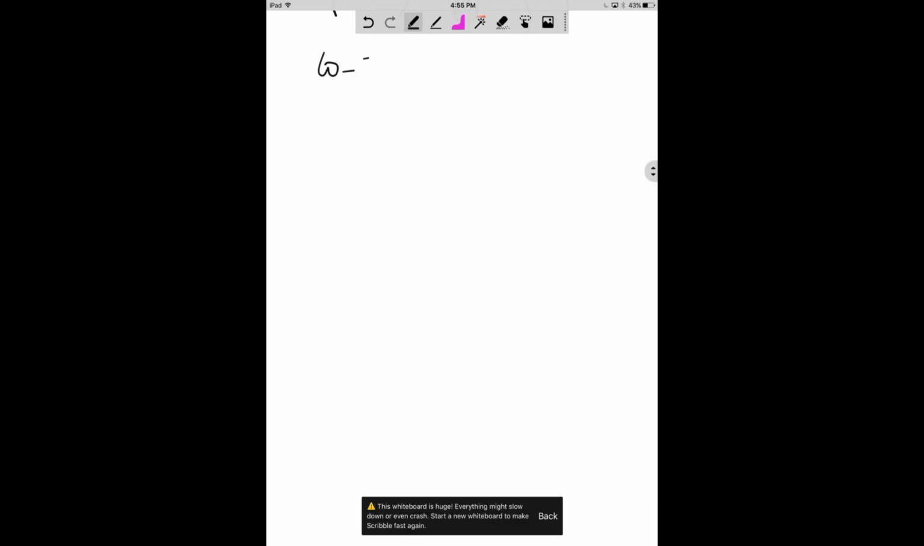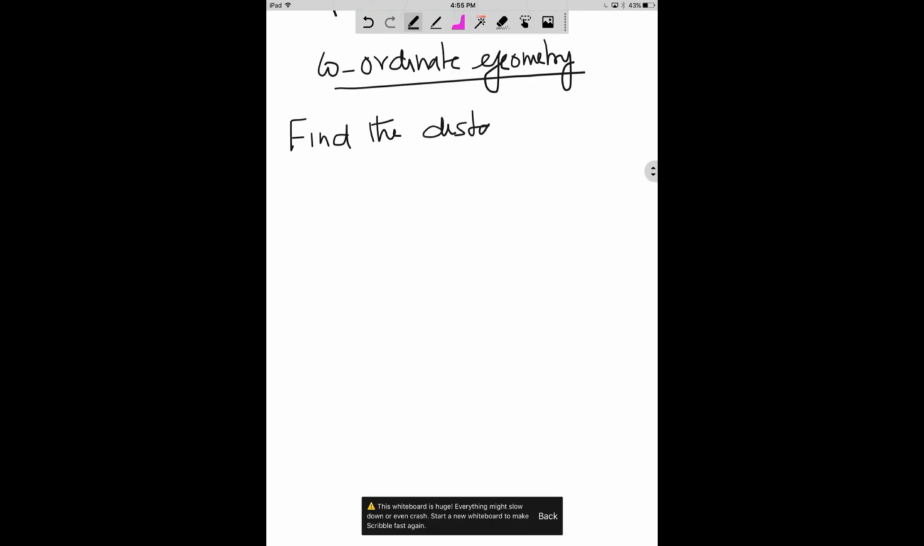Today I am going to derive the first formula from coordinate geometry. Coordinate geometry or analytic geometry, both are the same. Find the distance between 2 points. Find the distance between the 2 points